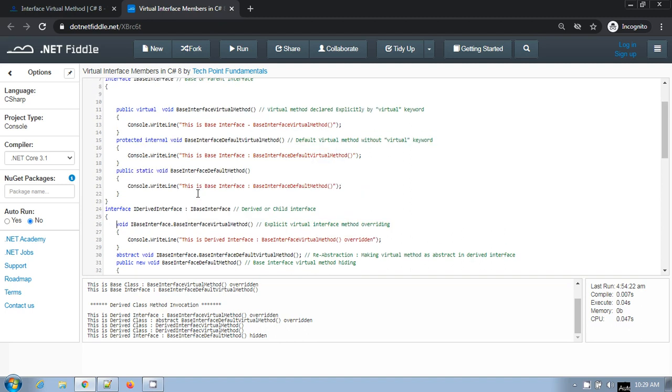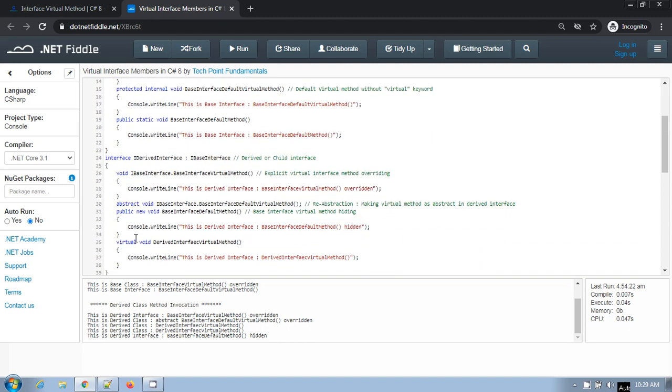explicitly. If you see in this example, if you are trying to make this method sealed, so that no further interface can override this interface definition, then if you try to make this override definition sealed, it will provide you the compile time error: the modifier sealed is not valid for this item. So you cannot mark any overridden interface member definition as sealed in a C# 8 interface, right?